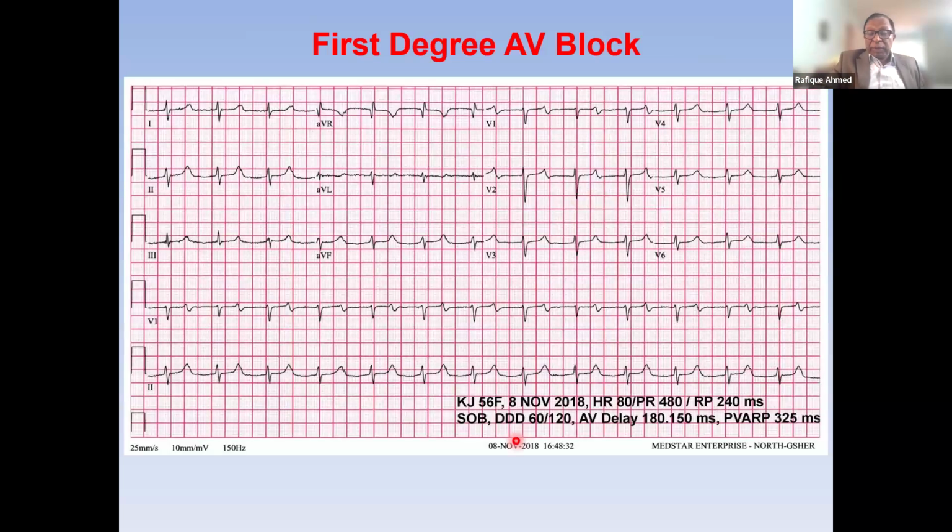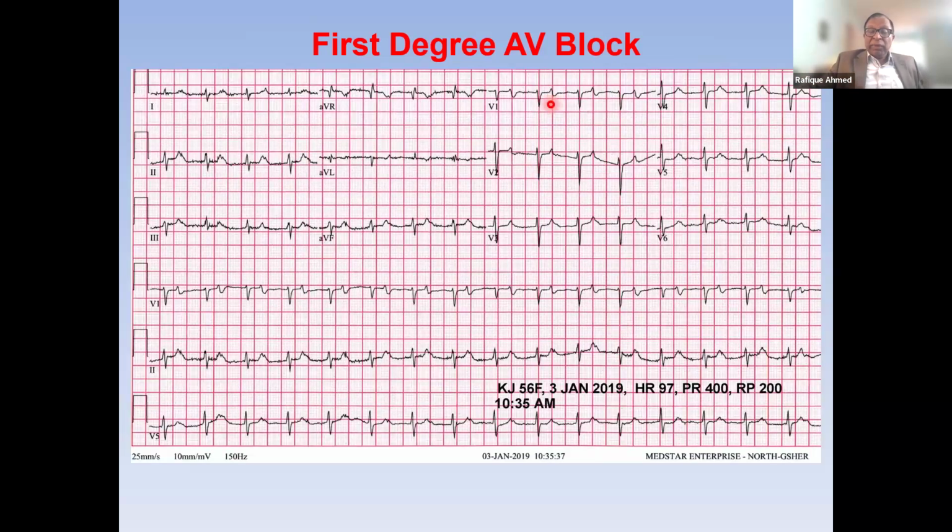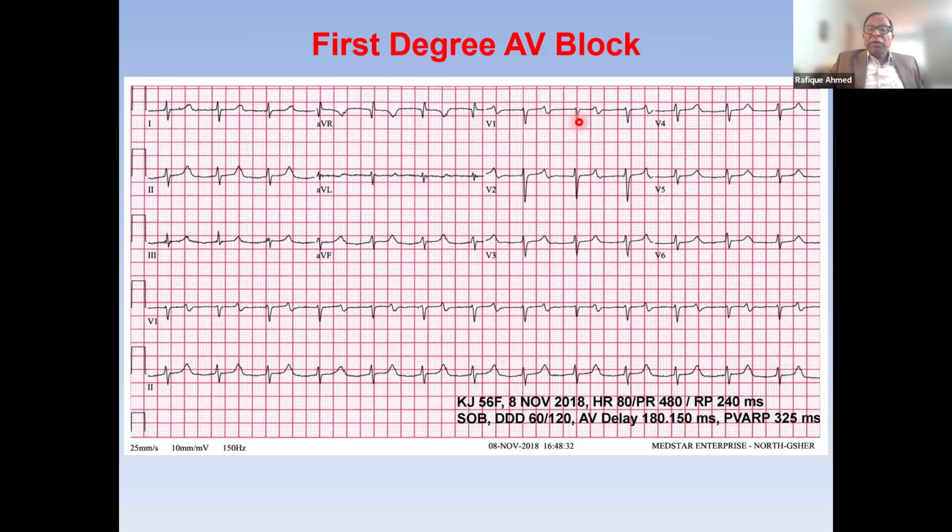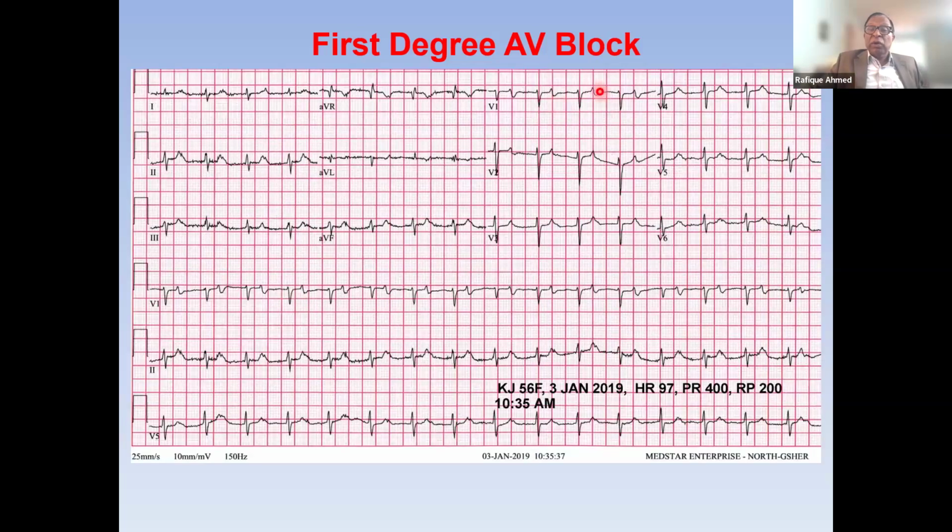This patient, heart rate 80, PR interval is about 840 milliseconds. If this patient's heart rate goes up, like here, you can see that the R to P, so this QRS and the next P wave, is very close. As the rate goes up, it gets closer. If the P and QRS became together, then the atrium will contract at the time of the ventricle contracting, and the patient may develop symptoms like pacemaker syndrome.